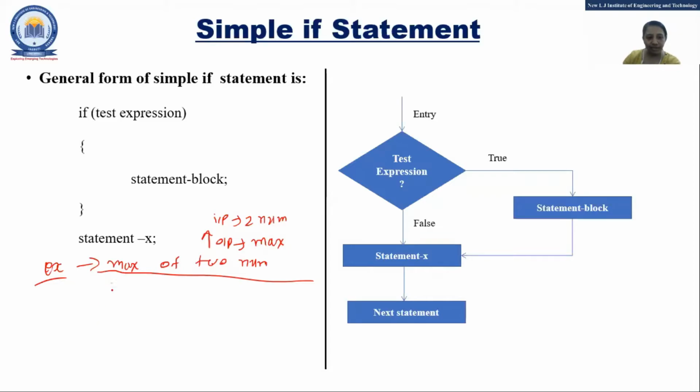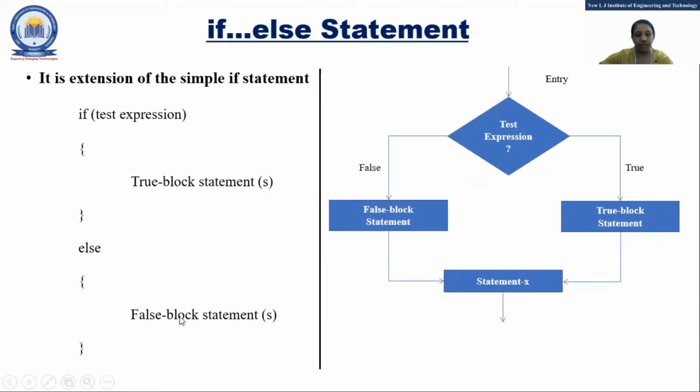Here there is scanning of the 2 numbers and main, which I am not writing right now. I will start with the if statement. I'll write just for your understanding: integer n1 and n2. I have taken 2 numbers, n1 equal to 5 and n2 equal to 6.